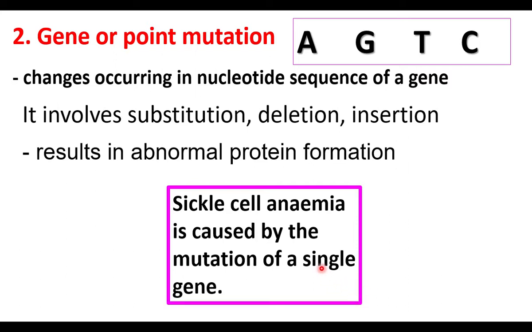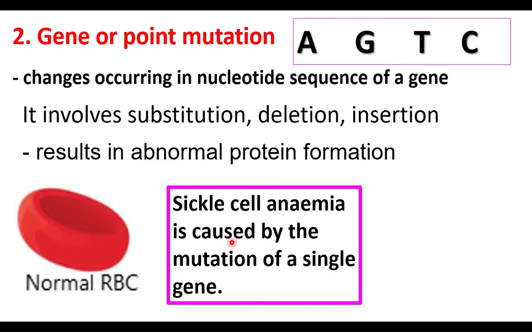Normal gene produces normal protein, that is normal hemoglobin. When the hemoglobin is normal, the RBC is normal. What is the shape of a normal RBC? Circular biconcave. Because of mutation in a single gene, that is a change in a single nucleotide, that results in abnormal protein,